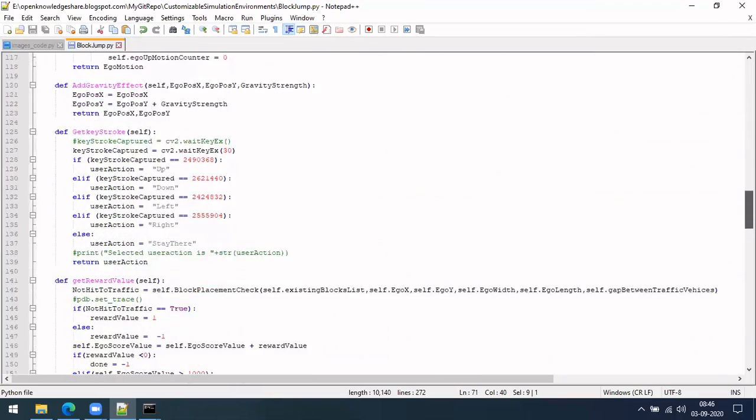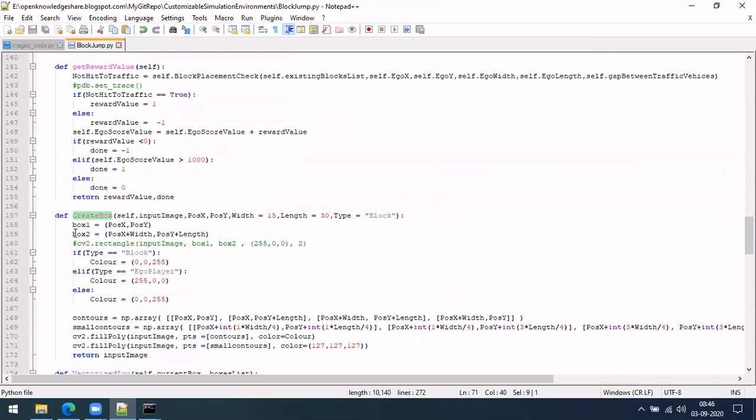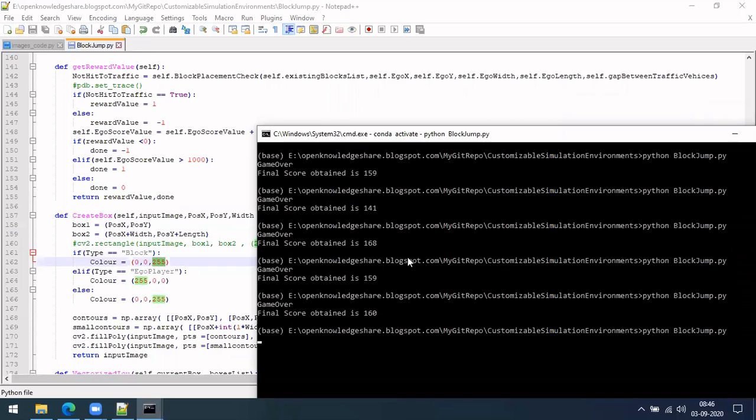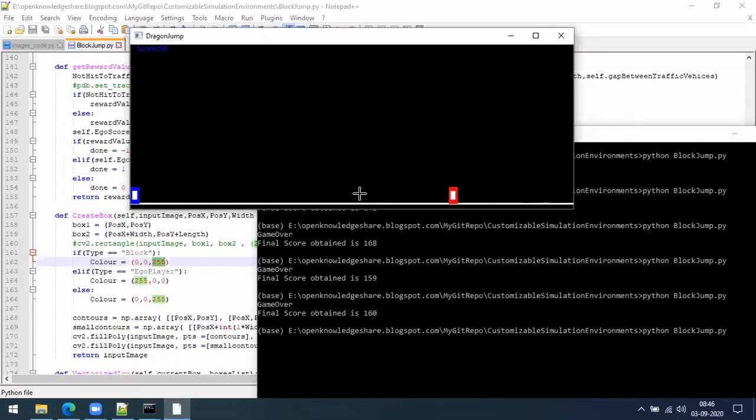So I don't have to go in depth. I just want to show you what the different things are. Here I am giving the position where it should be and the color of the blocks. Okay, if it is the ego player, our player box, it will be RGB. So you have R, which was 255, G and B 0, so it will be in red color. Similarly, if this is blue, BGR is the format here. You can see the ego player is blue and these are red.